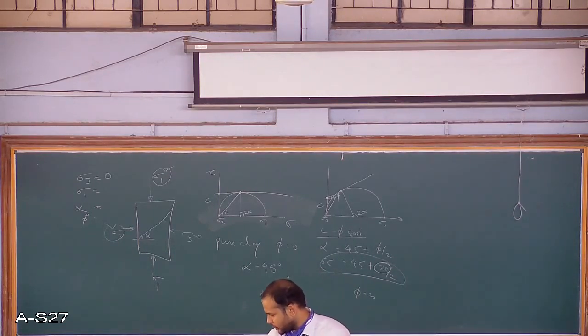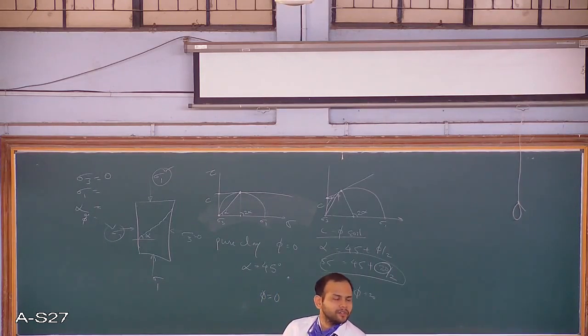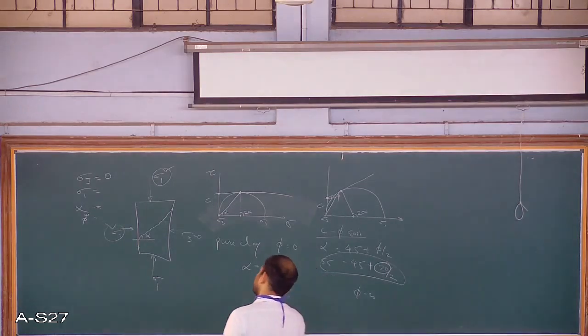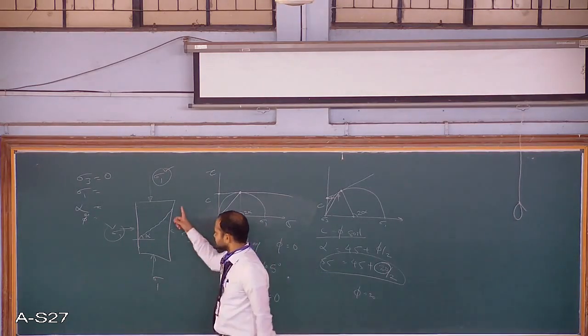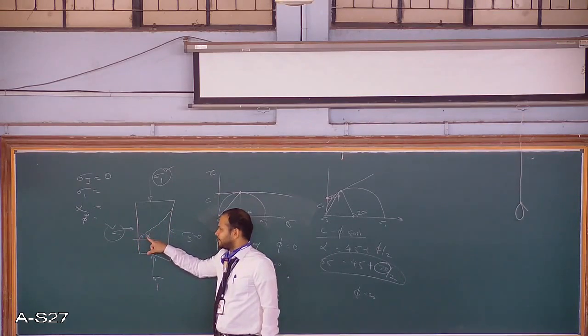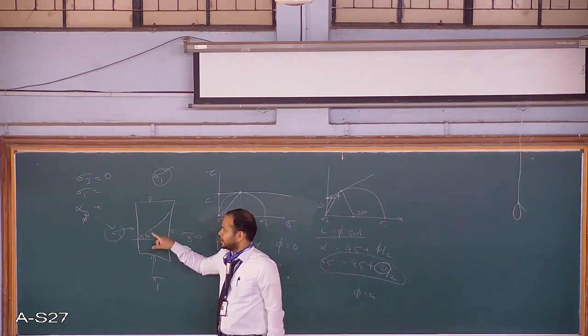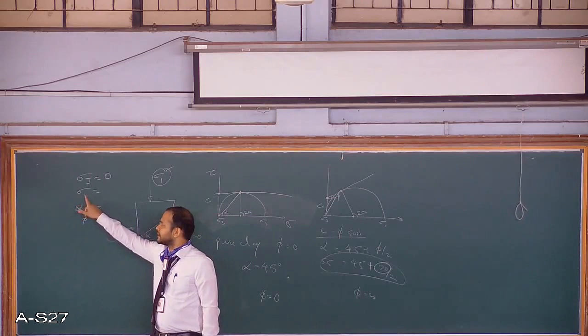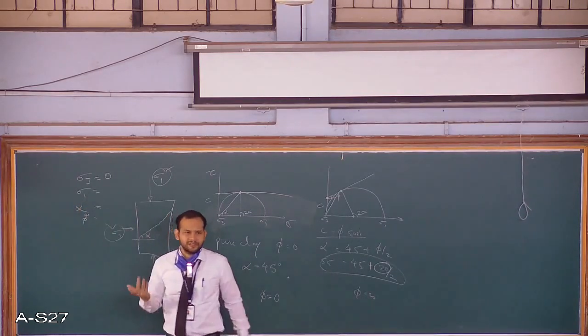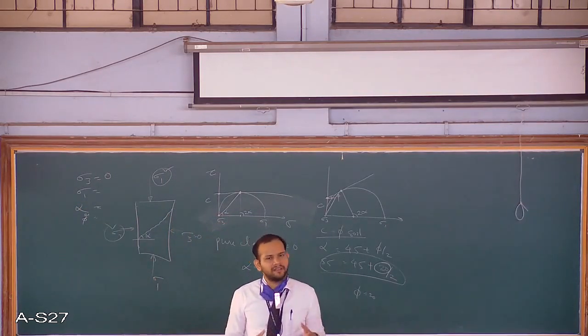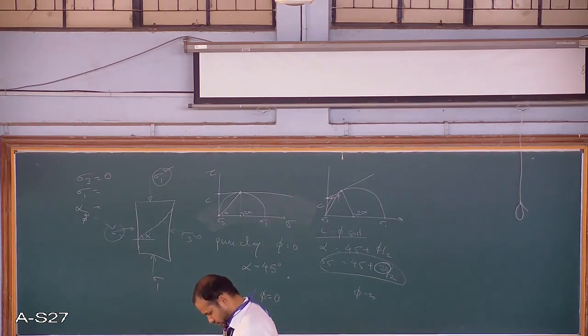Okay. Now coming back to the question, the next data is the failure plane makes an angle of 50 degrees with the horizontal. So what value is given? The failure plane makes an angle of 50 degrees with the horizontal. So alpha value is given. So sigma 1 is given, alpha is given, sigma 3, as you know, laterally unconfined is 0. We can solve the problem. You can follow the steps as we discussed and you can solve it.